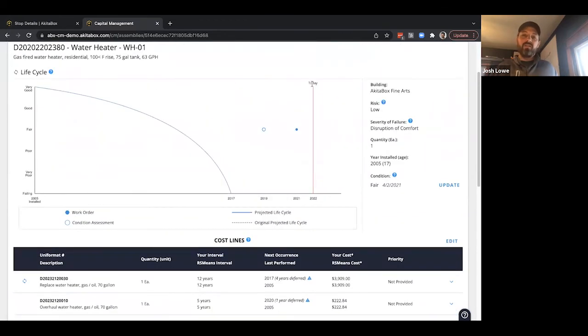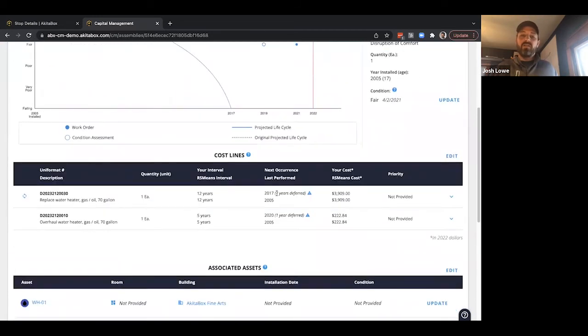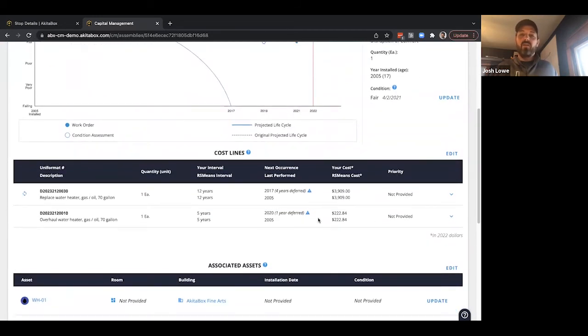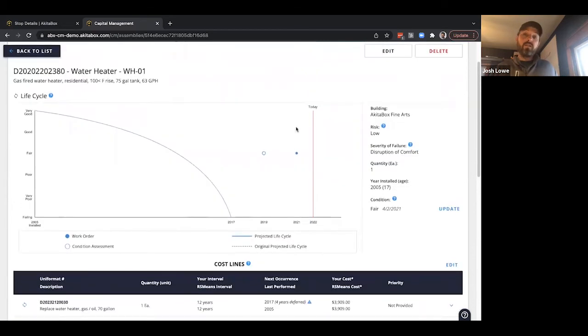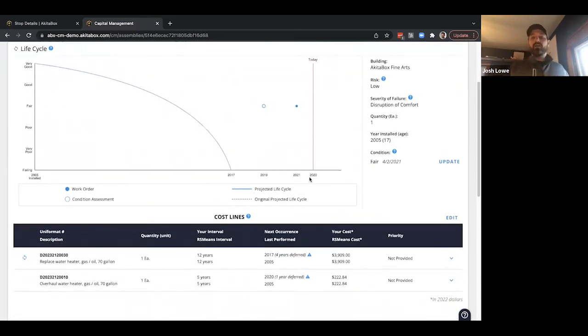In this case, we're way past its deferred maintenance. We can see that it's been deferred down here in how many years. However, we can see that, in fact, it's still in fair condition and presents a low risk. And so this is where AkitaBox can start to help you make those decisions of, we can continue to defer this with confidence,